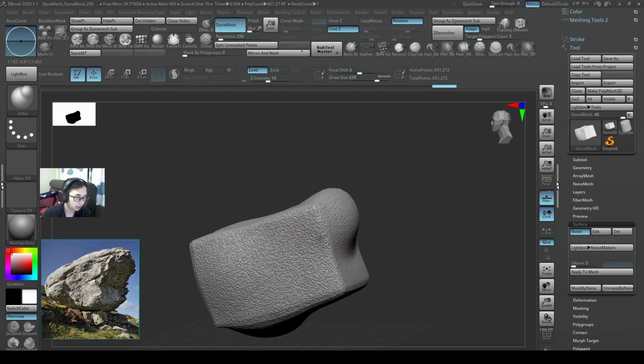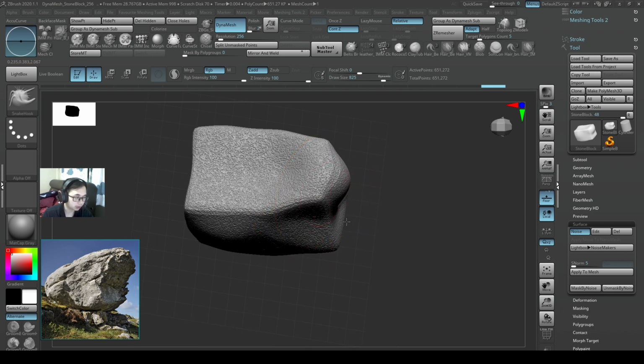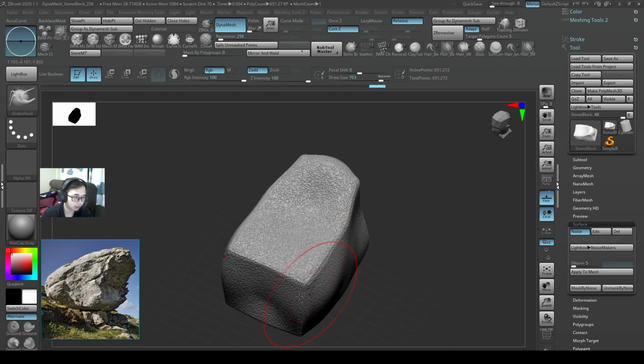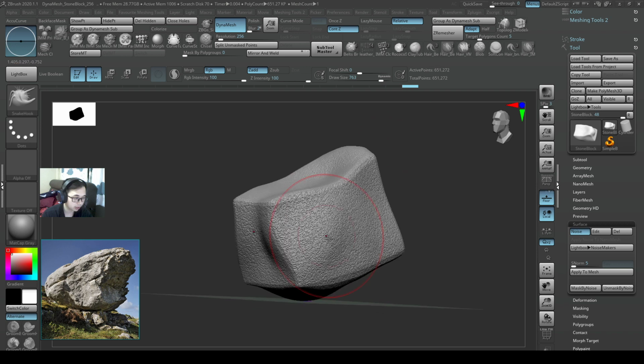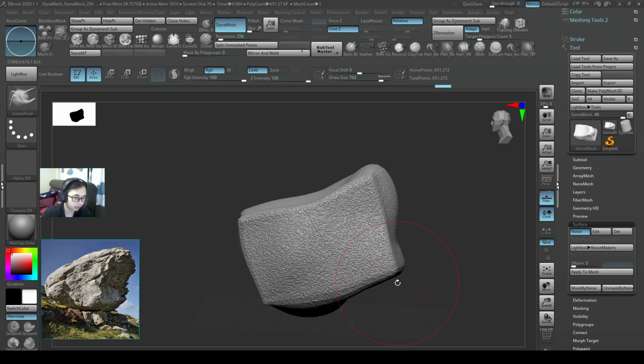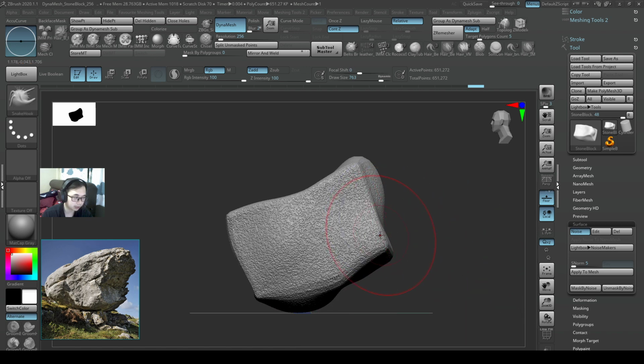Okay, and use my SnakeHook to squeeze in as well. The symmetry is still on, and then it's applying on both sides. So when we are done with getting some of this overall shape out, I think